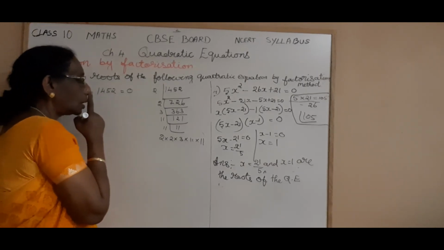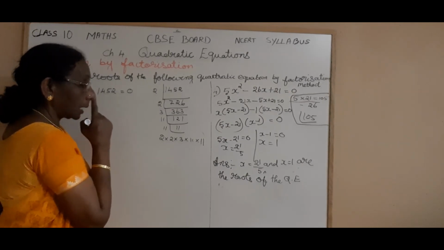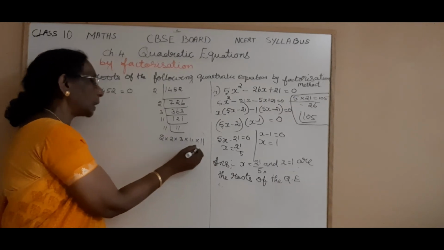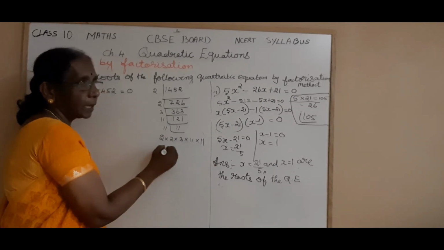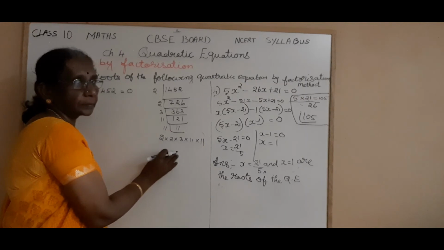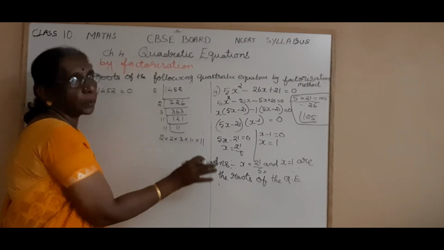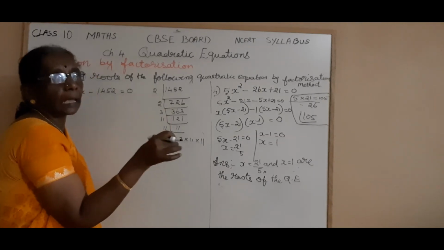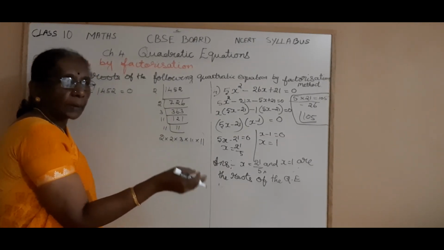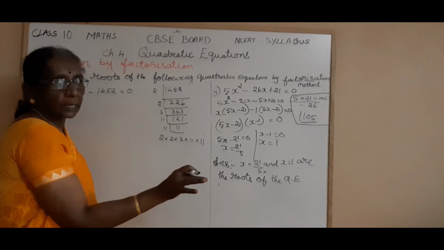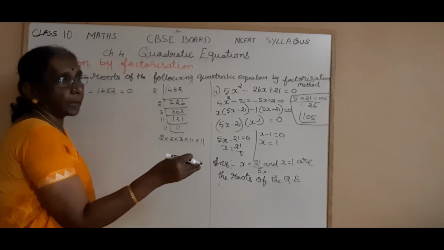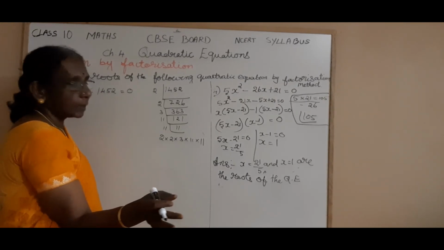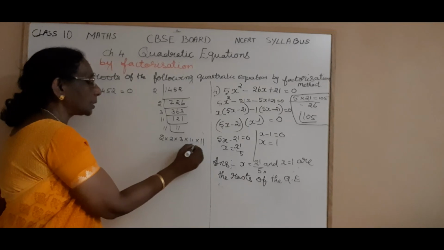So the difference should be 11. Here you cannot take both 11s in the same group, because if you multiply 11 by any number, you will get a multiple of 11. And the other group also you will get a multiple of 11. Isn't it, children? Then when you subtract, you will get a multiple of 11. Is it clear? Multiple of 11 minus multiple of 11 will give you a multiple of 11. So you don't multiply these two.